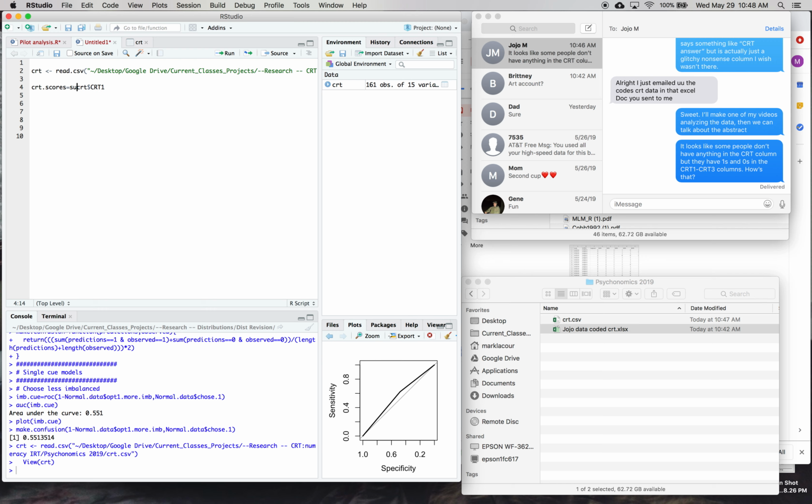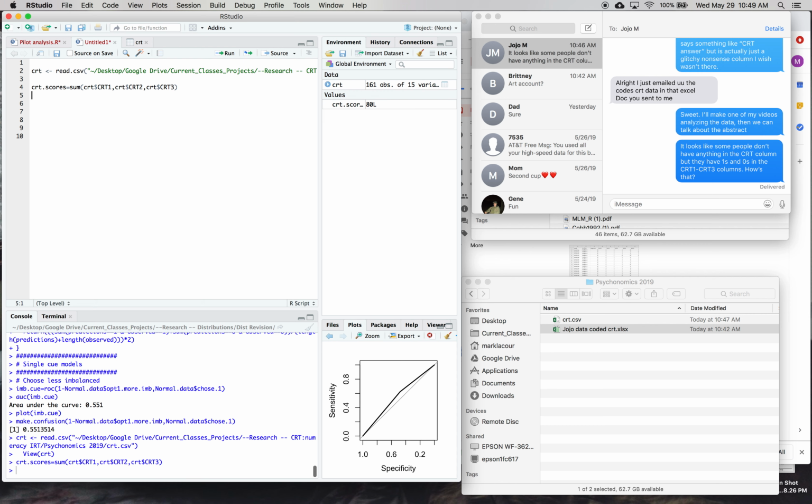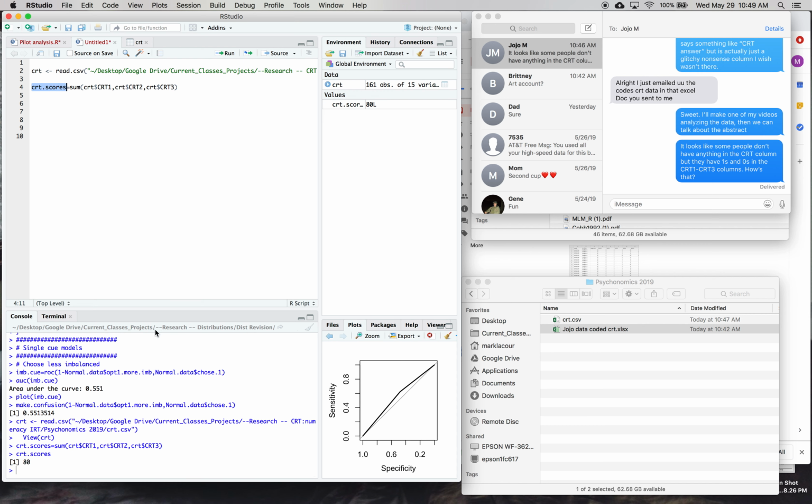I'm going to put all of this in a sum statement. So you just comma separate all the elements and we'll sum all of them. CRT 3. So this new variable, CRT scores,